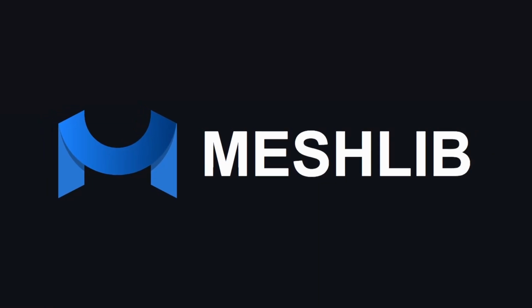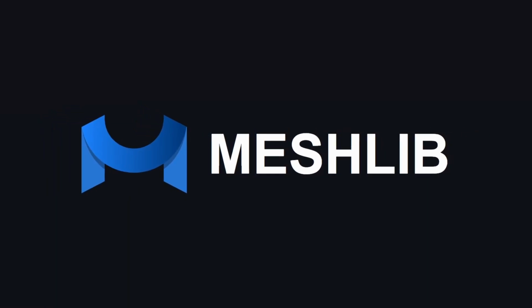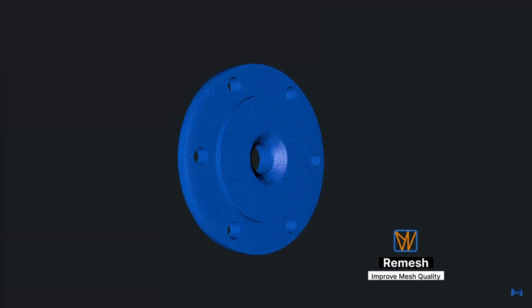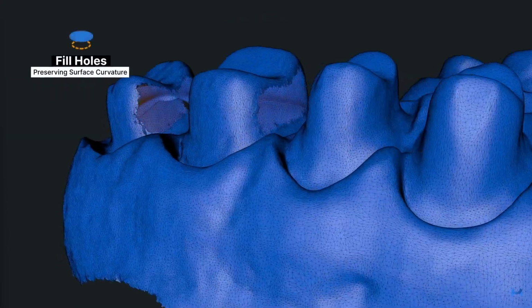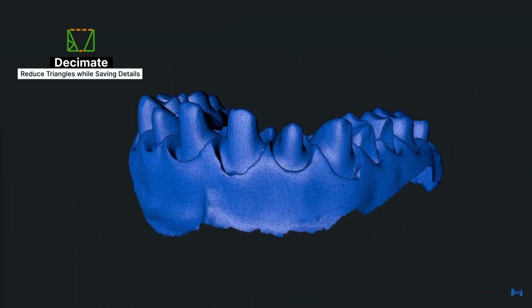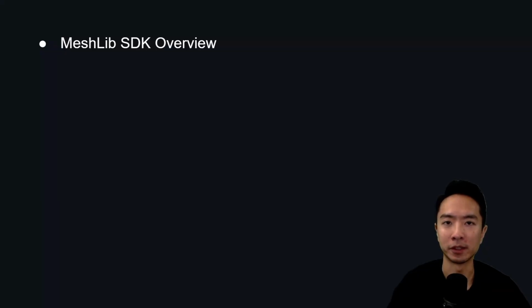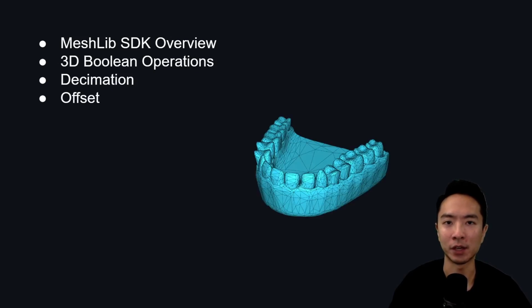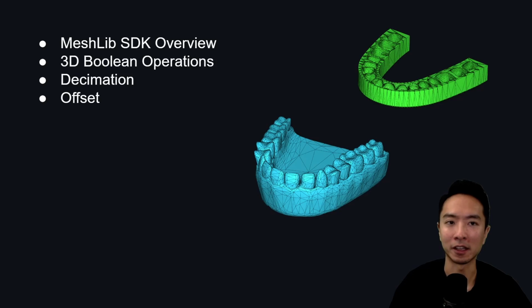MeshLib is an SDK for advanced 3D mesh operations using Python and C++. There are many features such as remeshing, subdividing, filling holes, decimating, and much more. In this video, I will be talking about the MeshLib SDK, 3D Boolean operations, decimation, offset, and by the end of this video, we will see how we could take this model of the teeth and create a mouth guard